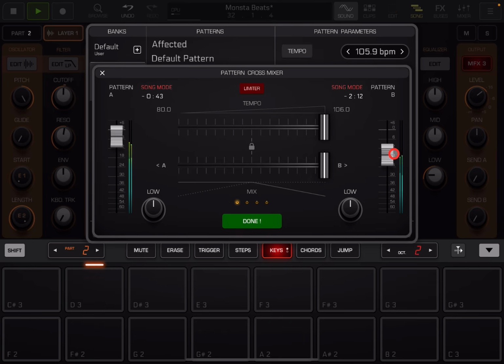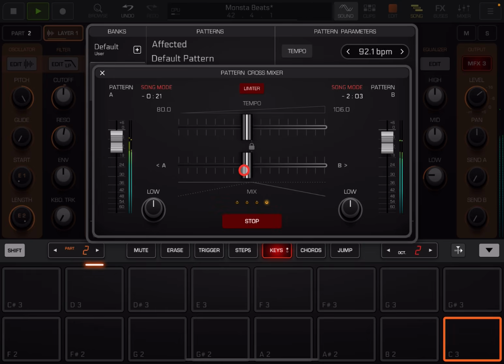Okay. Then you have volume controls for each side, right? So you also have an EQ. Now you'll see it says done here. If I hit done, it all goes away and you're back to your main screen. If I move this back to the first pattern and hit stop,